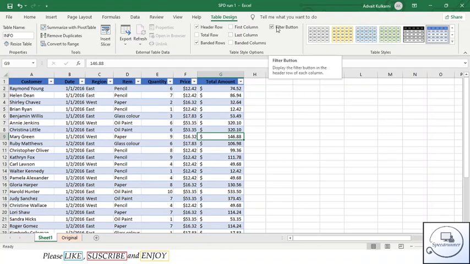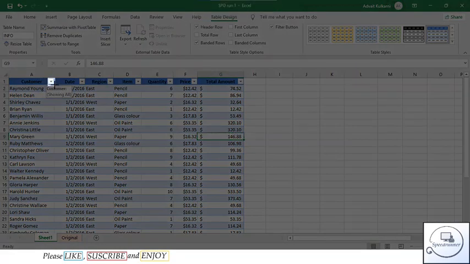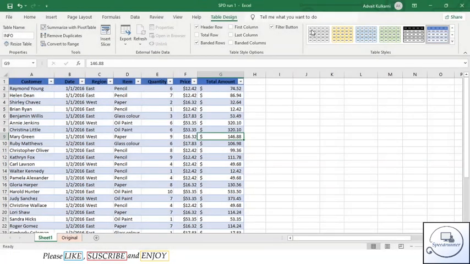And under the filter button, we can add filter button and remove filter button. The square box you are seeing here is the filter button. This filter button can help in sorting the data as well as in filtering the required data.